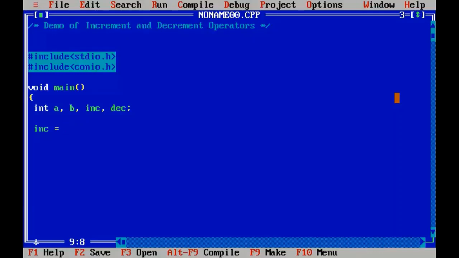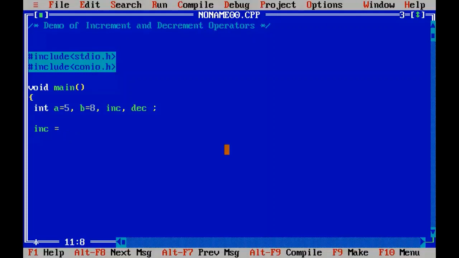So let me initialize the variable A with 5. So now A has got the value 5 and B has got the value 8. Okay, I'll put the increment operator here before the variable.